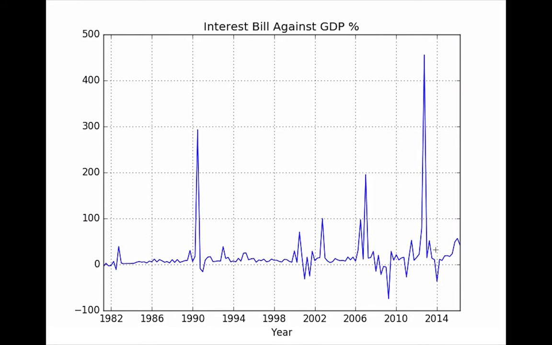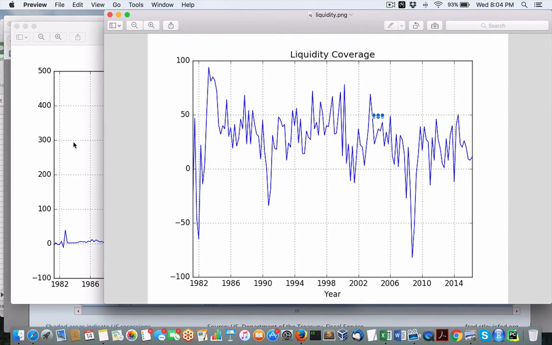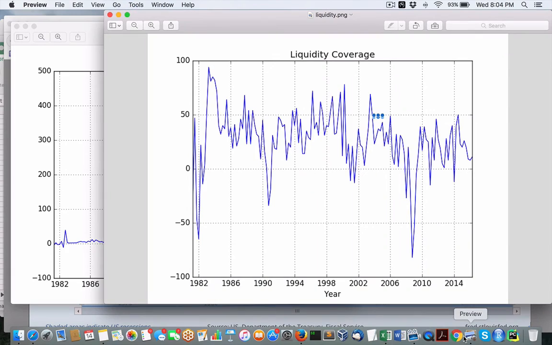And as you can see here, it is trending down, which is what you want. So they're kind of getting to it, but there's going to have to be sacrifices, entitlements, and whatnot. But just economically, it's the only way. You cannot continue to have debt at this level. It's just not possible. So I thought I'd put that together for you. But the real interesting one is this liquidity. As liquidity does come down,